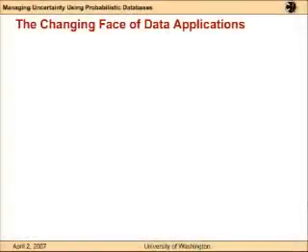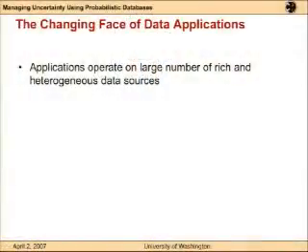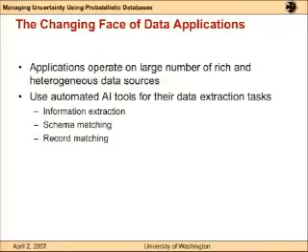These applications work on a large number of rich and heterogeneous data. There's so much structured data on the web, and there is a constant push towards adding more structure to the data. And the applications that are trying to work on this data have to deal with the problem of heterogeneity. There's also a push towards automation, and we're using more and more machine learning algorithms for our data extraction tasks, which include extracting information from text, matching schemas of different databases, and linking the records among different databases. And all of these applications give you answers with certain confidences, and the data they produce is uncertain.